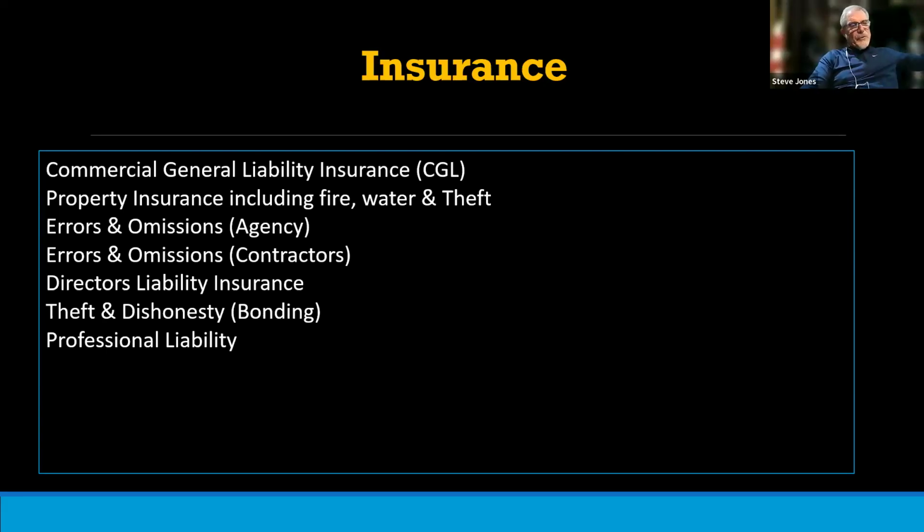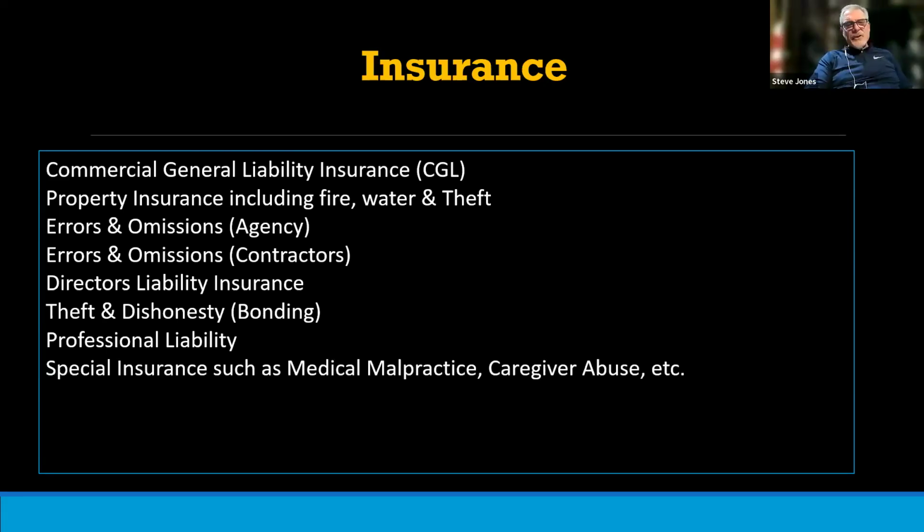It only covers you with the additionally named insured. If it's named insured, it's you, and then additionally named insured is the customer. And then you can have obviously other special insurances such as medical malpractice insurance in case your contractors or workers go out there and they do the wrong thing. You can have caregiver abuse insurance, where you might have people acting as nurses or caregivers, or people going into people's homes, transporting people, and they're behaving badly.